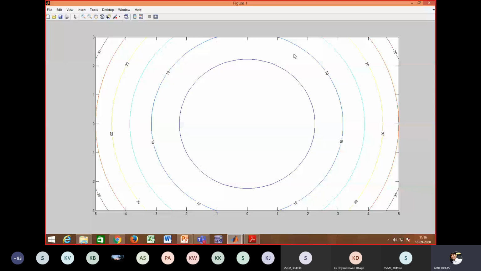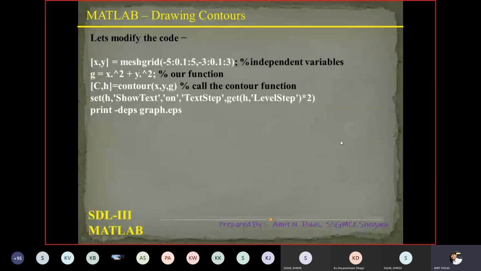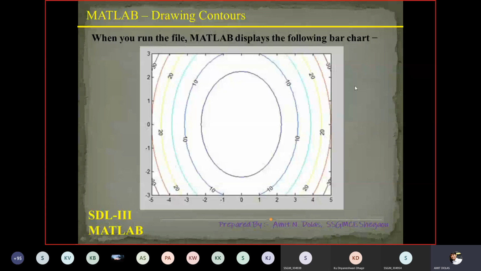Again, one thing is missing. If somebody is looking at this graph, the values are written, but nobody knows what is on the x-axis, what is on the y-axis, and the title is not given to the graph, and that can be easily achieved. You know what the syntax is? It is xlabel, ylabel, and title. So whatever is the data in the graph, accordingly you may label x, y, and you may provide a title to this. So this was the result.